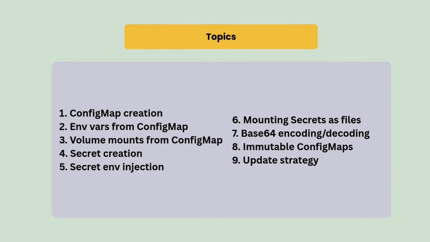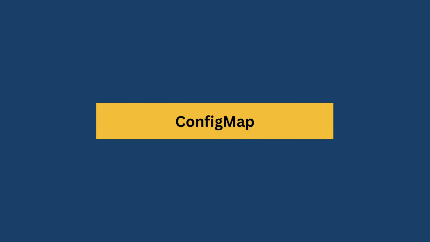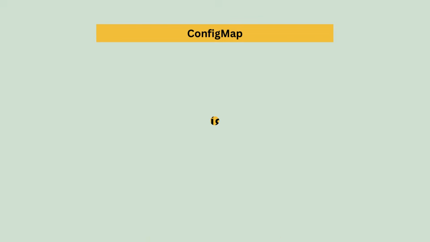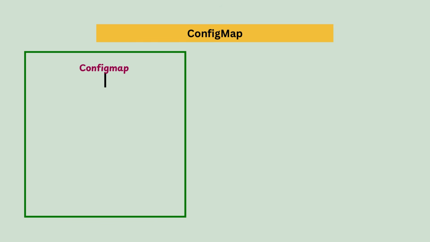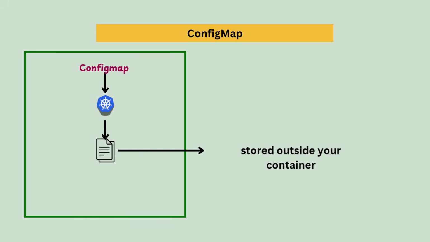This is a list of all the topics that we are going to cover today. Let's start with our first topic, config map. A config map in Kubernetes is like a settings file for your application stored outside your container. Instead of hard coding values like app environment, log level into your code or Docker image, you store them in